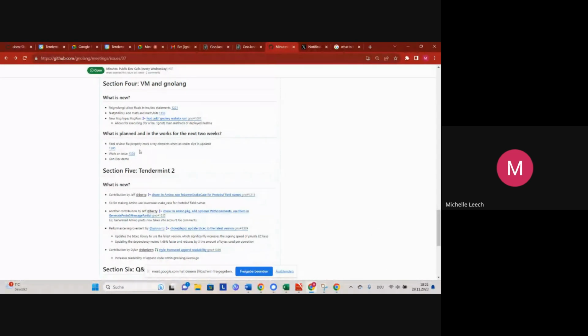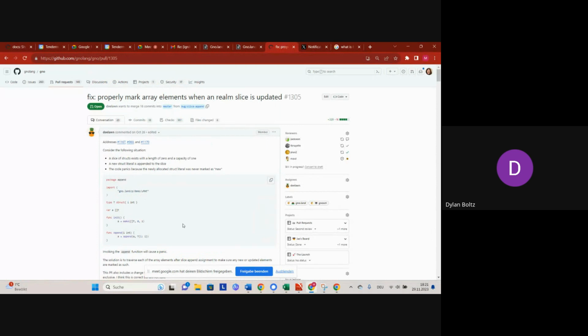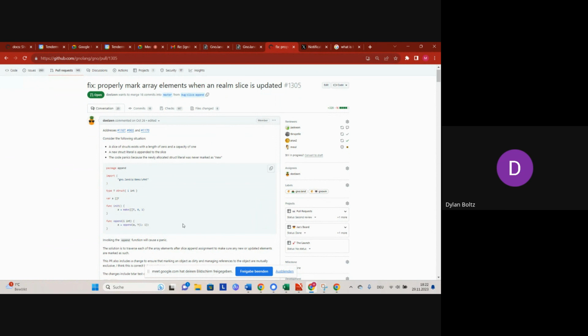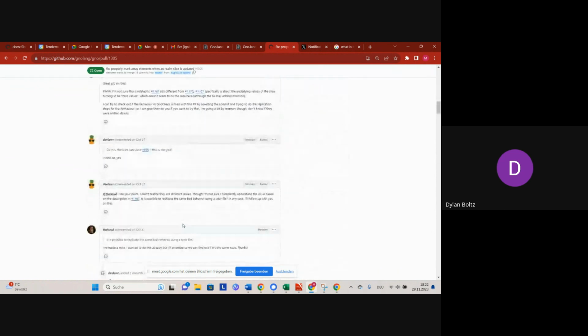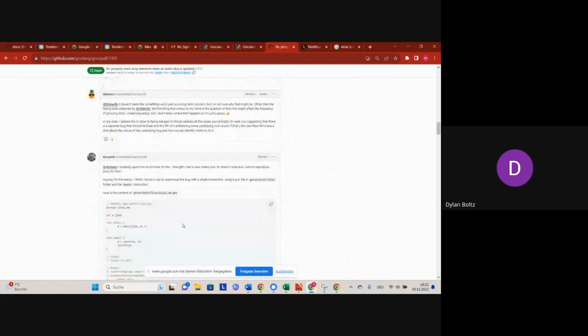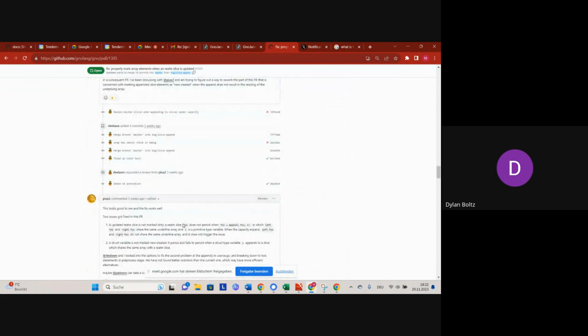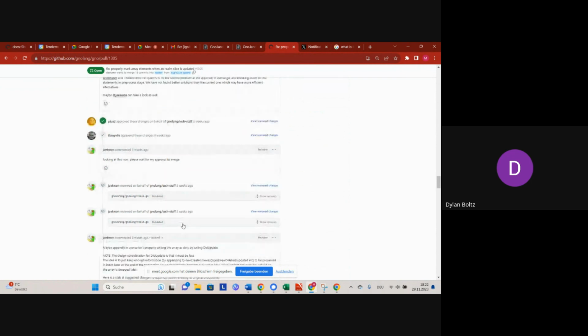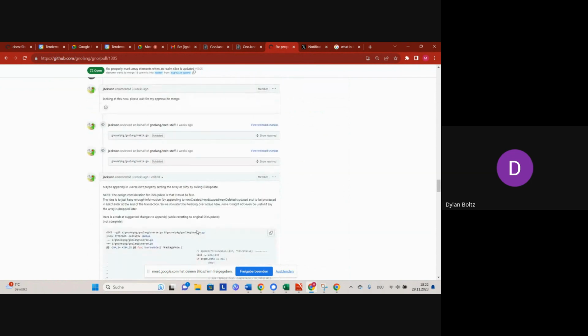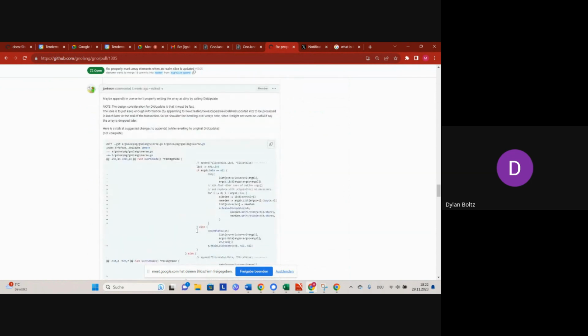there is also, I believe, the 1305 from Dylan. Yeah, that one and the next one too are both issues I've been working on with realm persistence. This one is going to get a final review sometime this week, and I'm actively working on the other one. So the goal is that soon we can have some VM bugs fixed to make sure that we persist those values to the realm correctly.